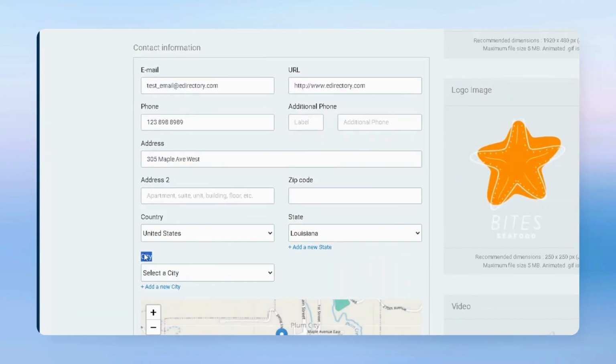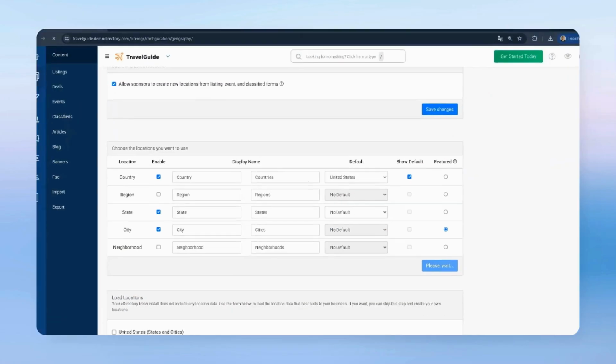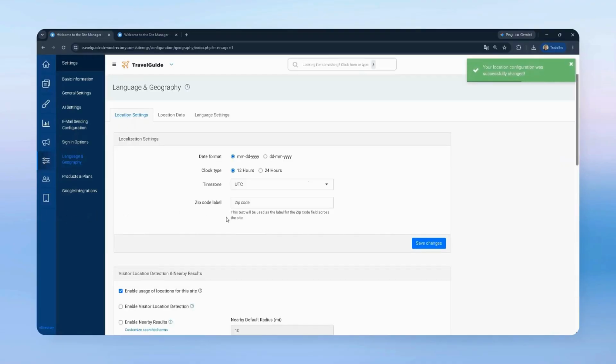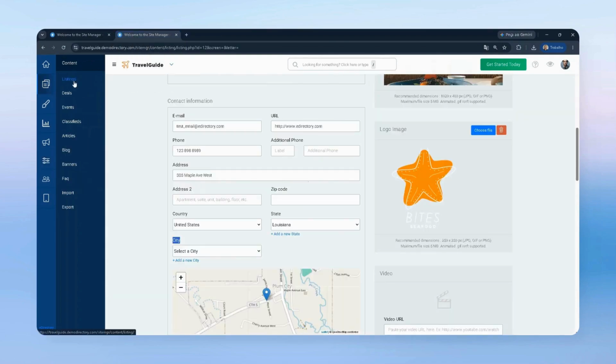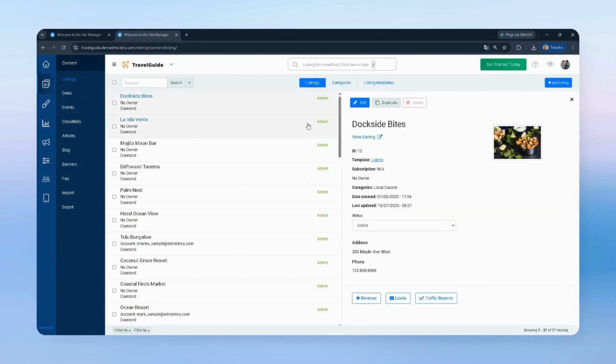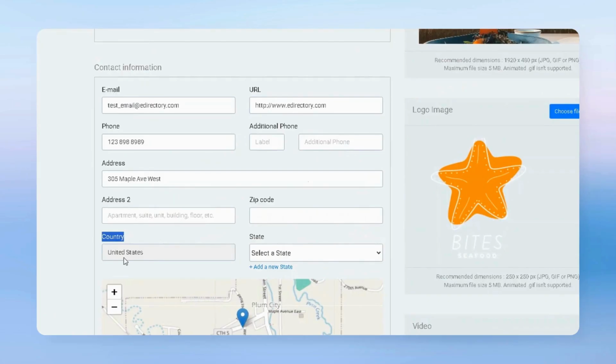If your directory serves a single geographic area, set a default location. For example, if your directory only includes businesses in the United States, select United States as the default country and save changes. This pre-selects that location in the listing submission form, so users don't have to manually choose it each time they create content. For instance, if you check the listings now, you'll see the United States pre-selected as the